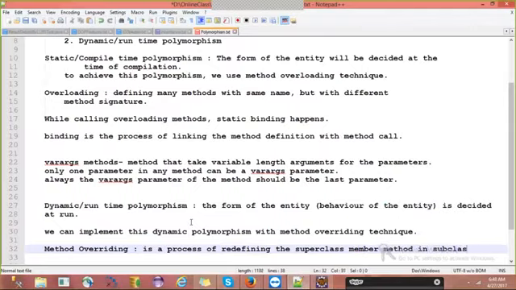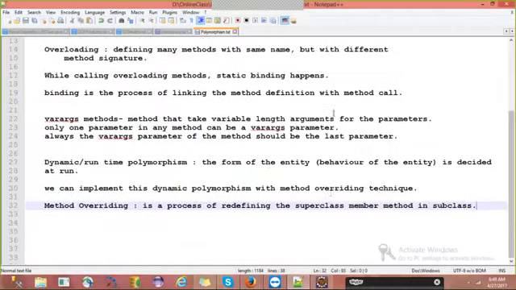Here the definition you need to remember very clearly. So what is method overriding? It is a process of redefining the superclass member method in subclass.